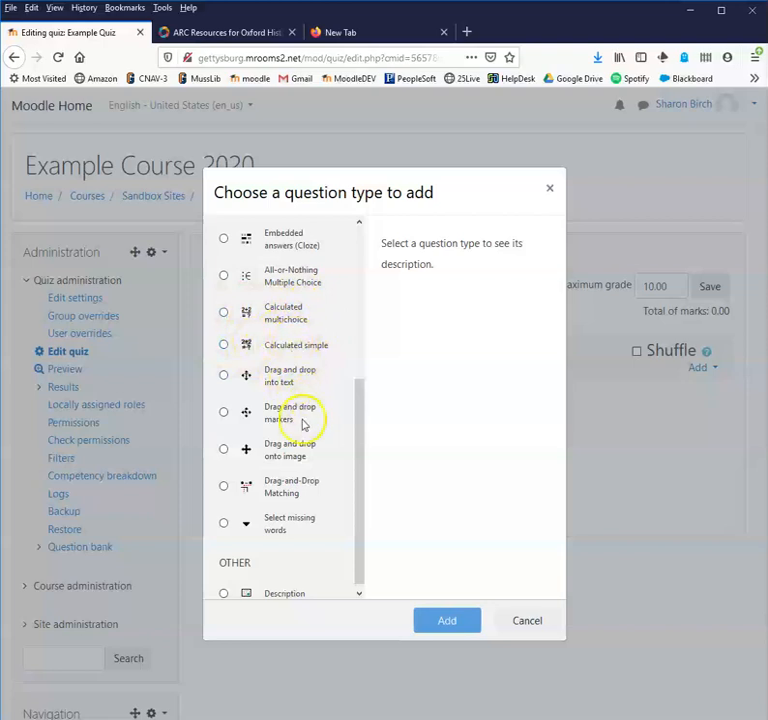Drag and drop into text, drag and drop markers, so that's putting basically flags or pins onto an image. Oh, that's this one. This is onto some text. Drag and drop matching. These are all really nice looking and pretty questions, and feel free to give them a shot. They do rely on the student's computer's browser being capable of handling the code that's inside of these, which means